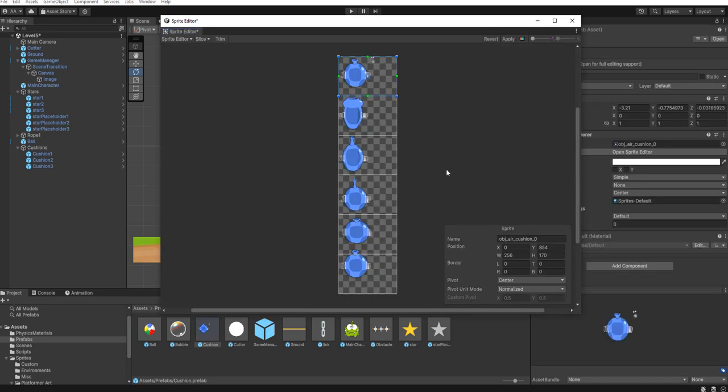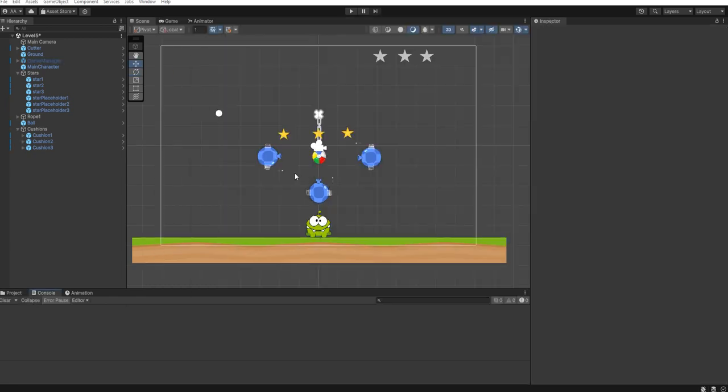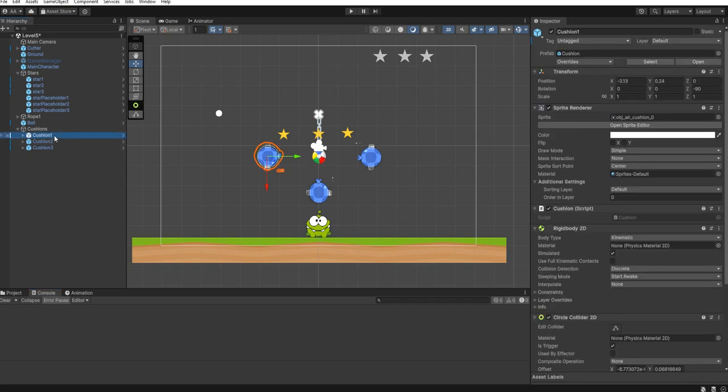Another thing that I forgot to mention is that I saw that the sprites had too much space in here, so what I did is reduce the width of all of this to 148 pixels. To create the effect of the cushions pushing or throwing air, we need to do something like an area, so basically like a rectangle that when the ball collides with it, that rectangle will apply force to the ball. So let's do that. First I'm going to do it for the cushion 1,